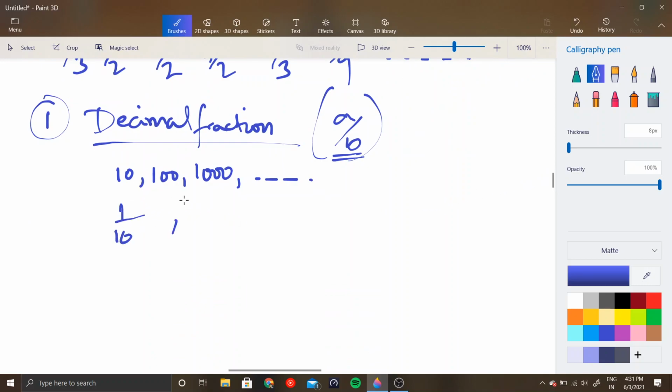The numerator can be any number, but the denominator must be equal to either 10 or any other higher power of 10. In that case, we call this a decimal fraction. Second,